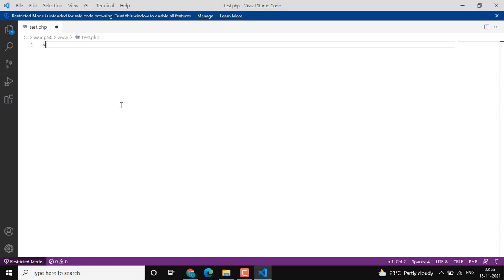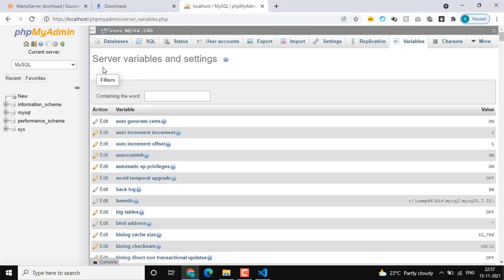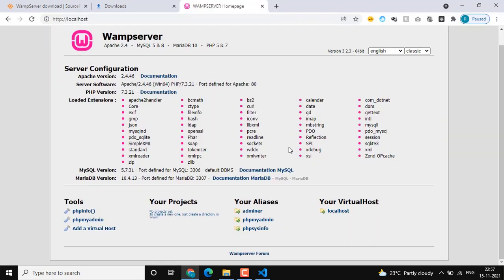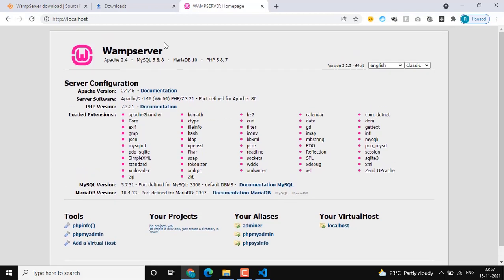This is the opening and closing tag for PHP, within which we can write our code. So I'm going to echo hello and save it. Let's view this file from the localhost. The path will be localhost slash our file name, as I had created the file directly in the www directory. So I'll write localhost/test.php.